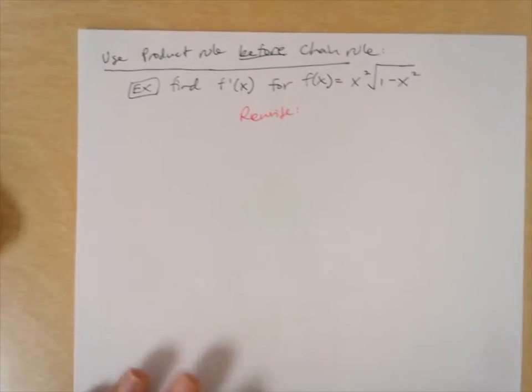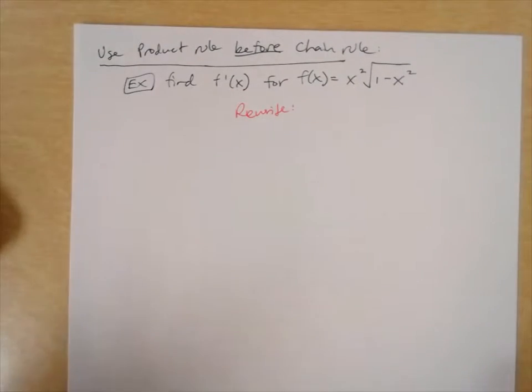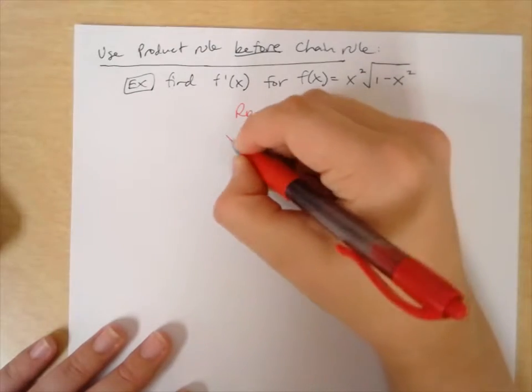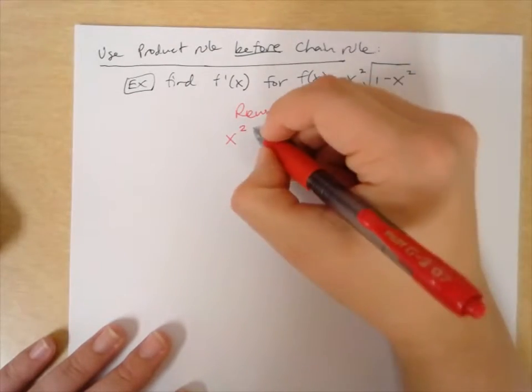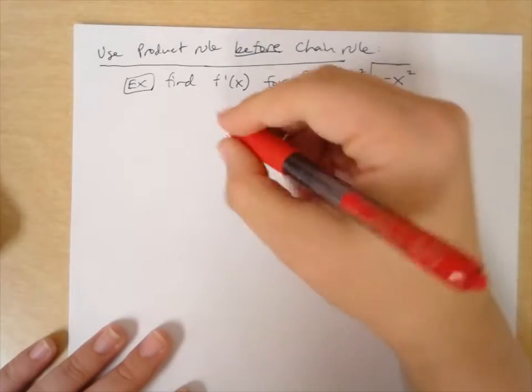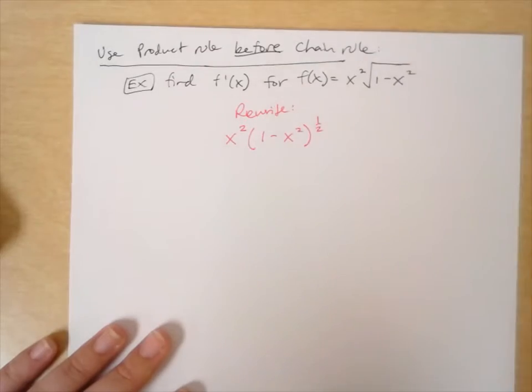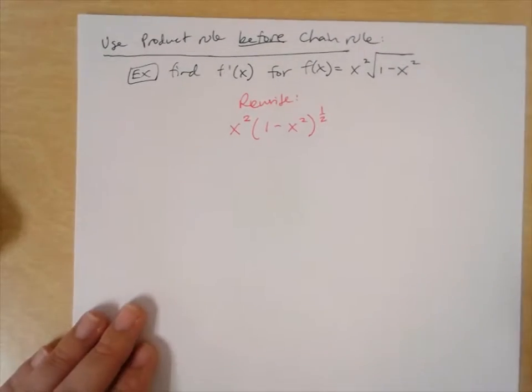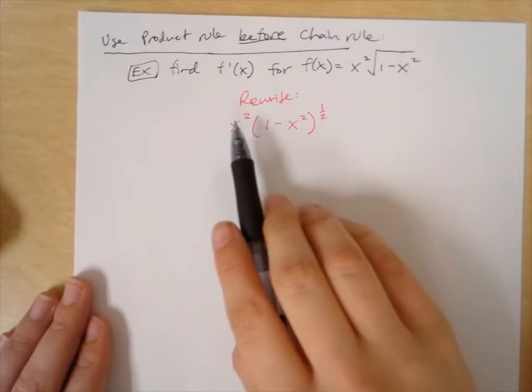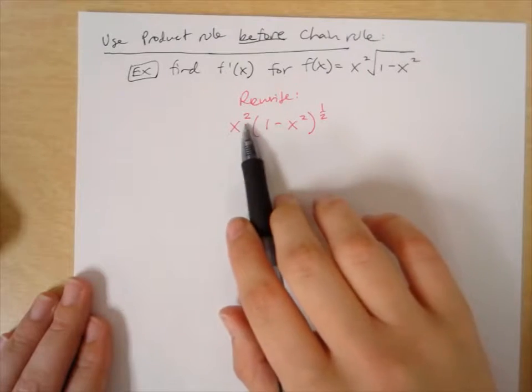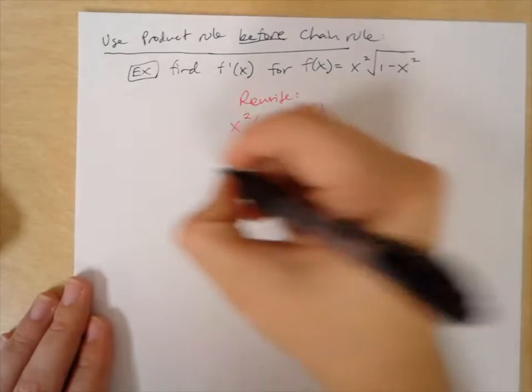I hope you are understanding by now that half of differentiating correctly is really just rewriting your function correctly. Rewriting your function so that it's easier for you to understand what to do. So when we rewrite, we're going to get x squared, and then we're going to say this whole thing to the power of 1/2. So 1 minus x squared to the 1/2. Now we can see that the product rule applies. We have something times something else. So we can use the product rule,